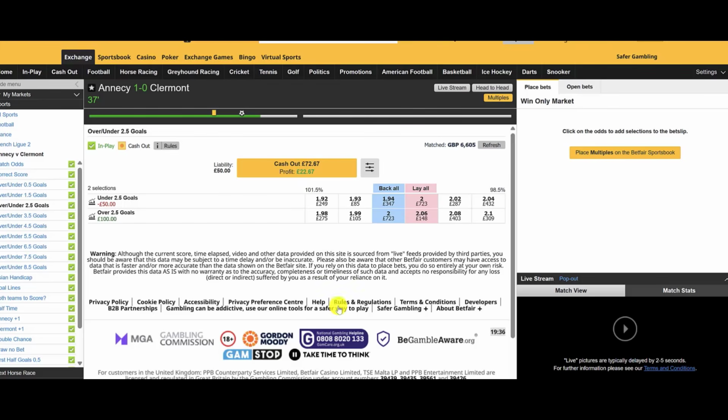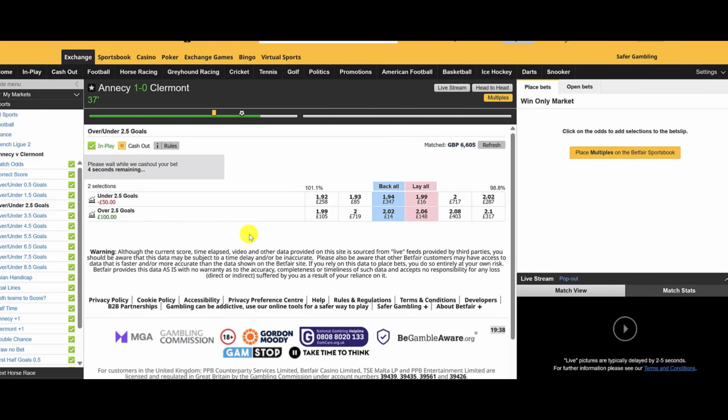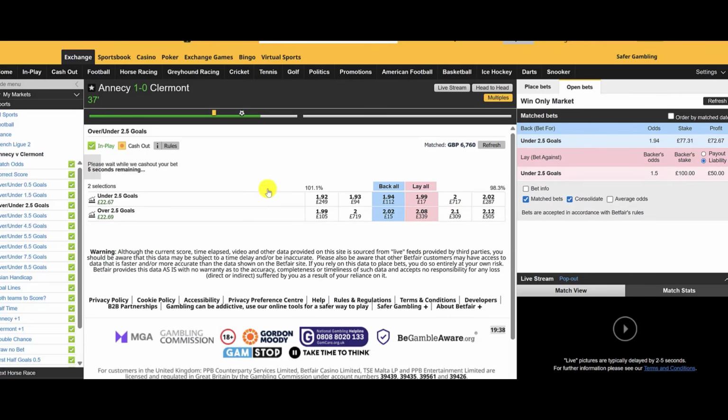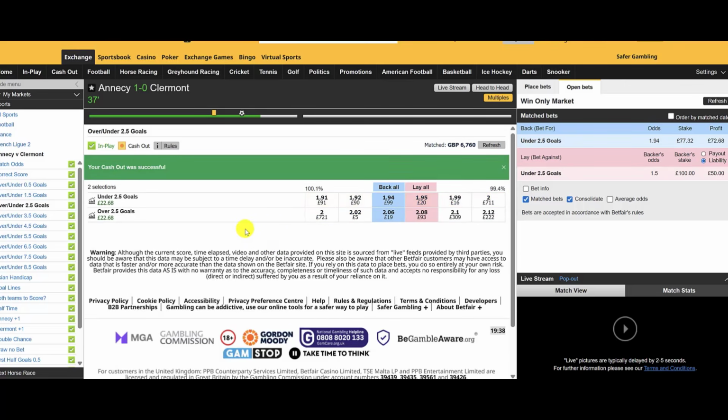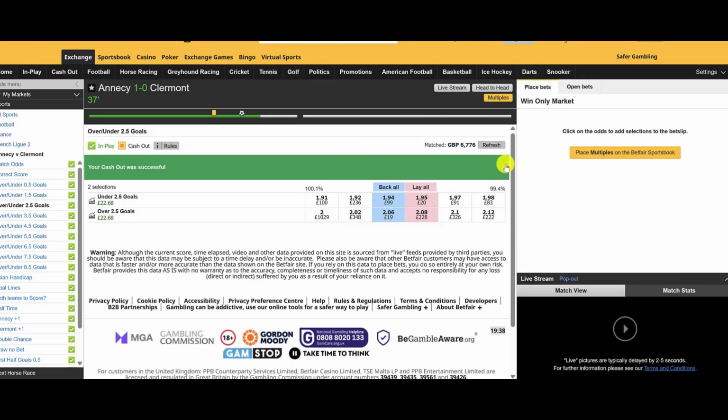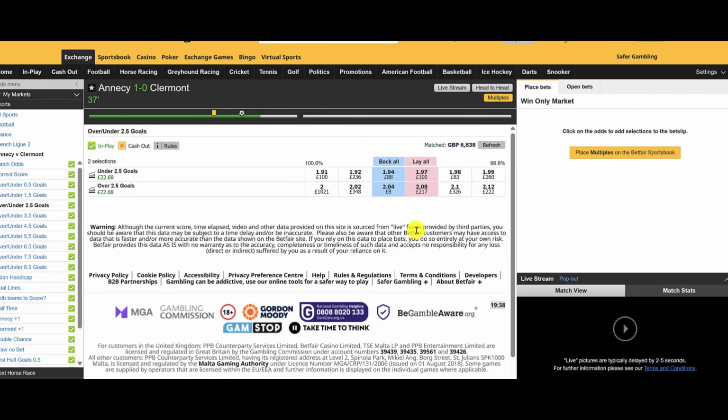Depending on how aggressive you want to be, you could obviously let this run maybe till half time, see if you get another goal. But in this sort of league, French League 2, goals can be a little bit hard to come by. So let's not overcomplicate this. Let's just get the profit locked in and move on, especially as we're on the over and under 2.5 goals. So obviously one option could be to create that free bet, and you could still do that if the XG picks up in the second half or something like that. But we're going to keep it simple.